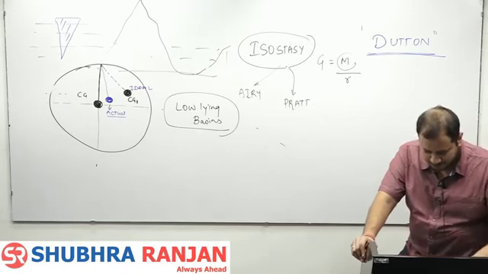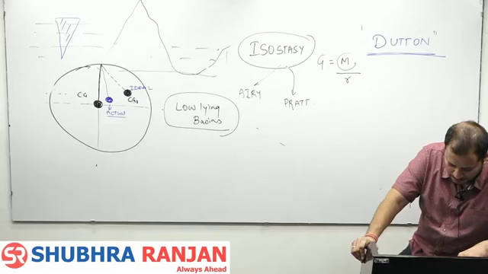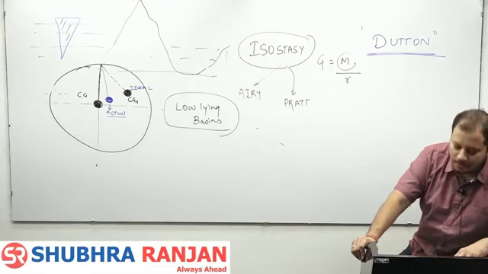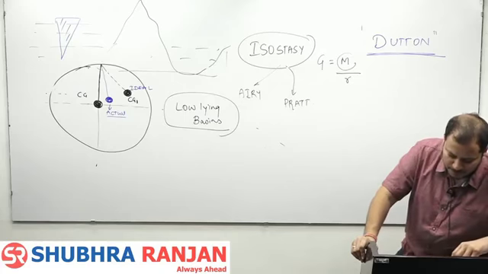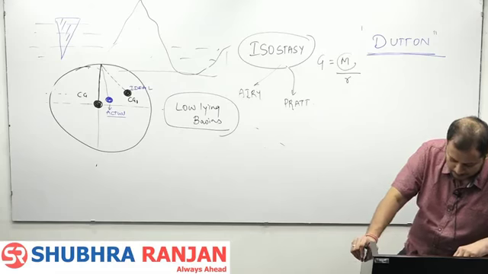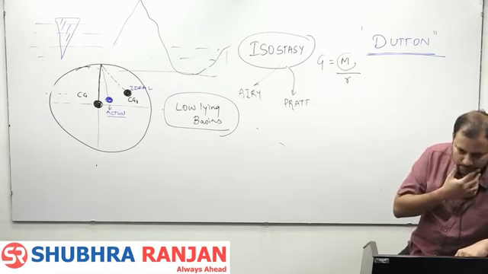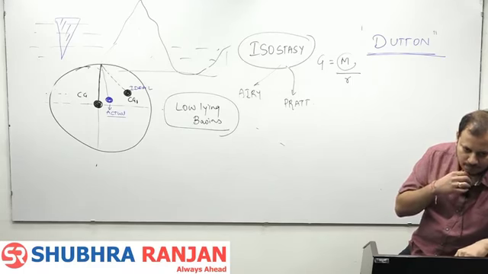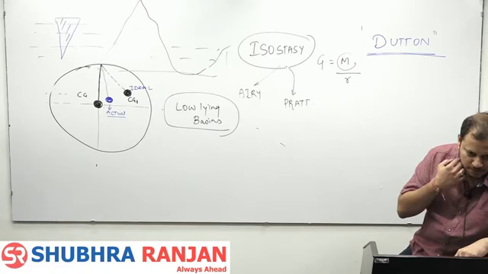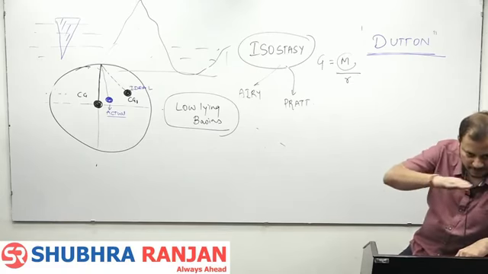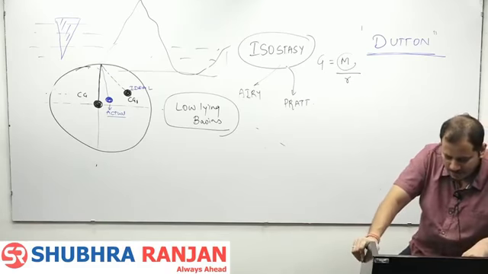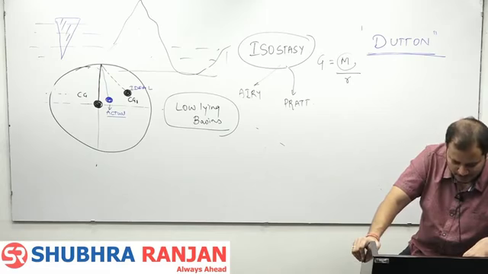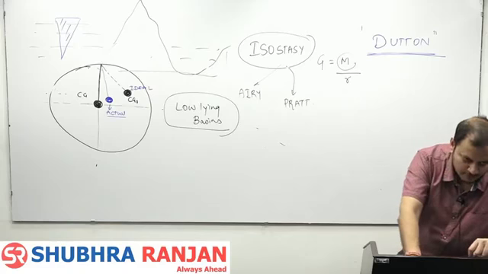Below a certain depth, the pressure along a horizontal plane, a horizontal line and plane, like the mattress example I told you, is uniform everywhere, and this is known as the level of uniform pressure. This line is known as the level of uniform pressure,